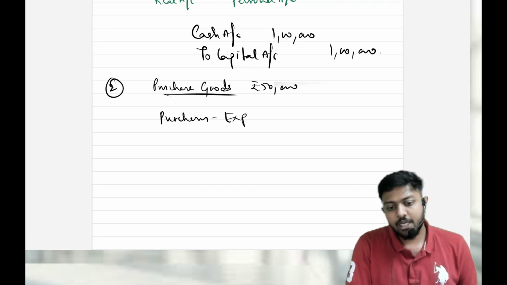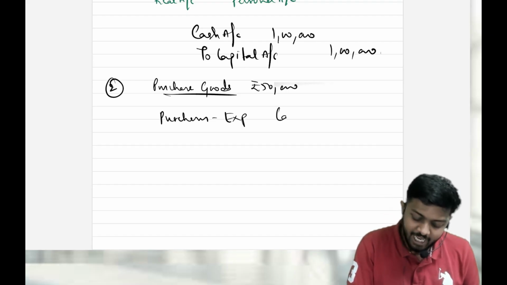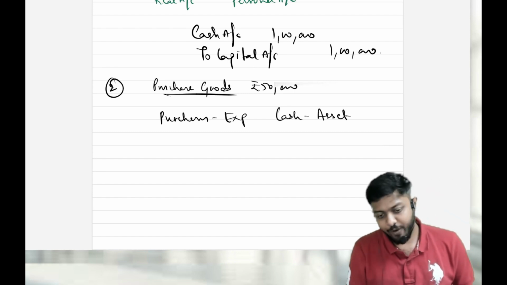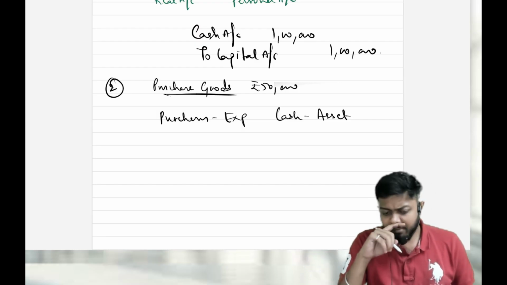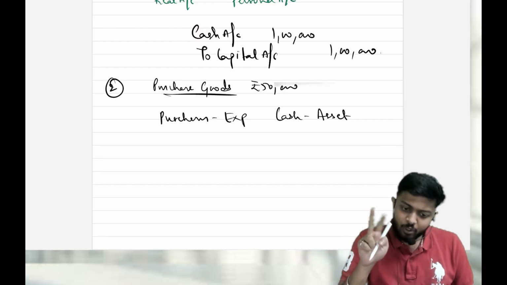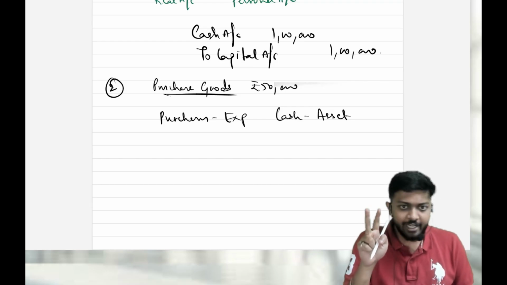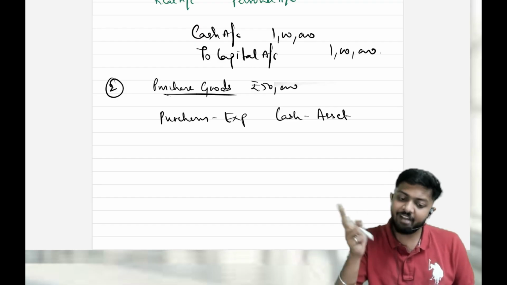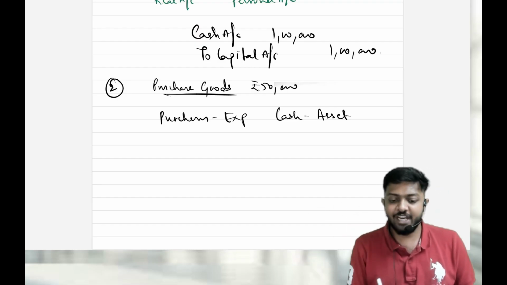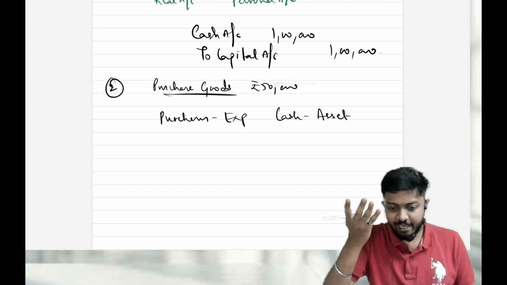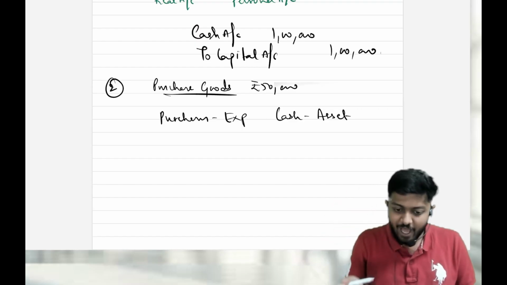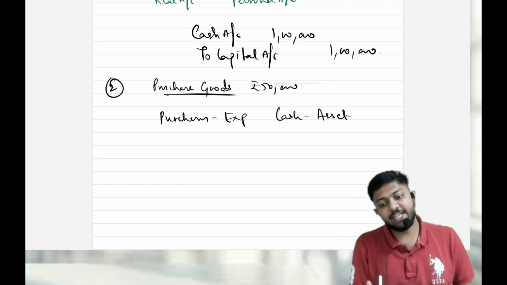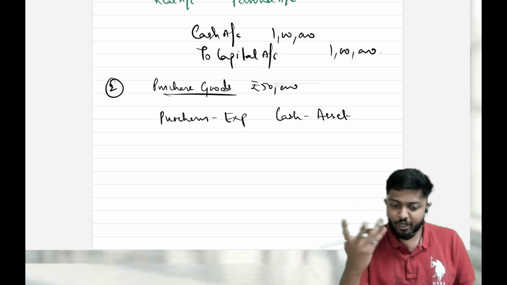Again, find out two aspects. One more is you're purchasing, no, your cash is decreasing. Cash is an asset. Correct? No. Two aspects you have to find because of dual aspect. Sometimes what will be happening? The same aspect will be affected twice. That is also dual aspect only. For example, purchase of furniture. Entry is furniture is an asset increasing, debit. Cash is an asset decreasing, credit. So asset increase, asset decrease.